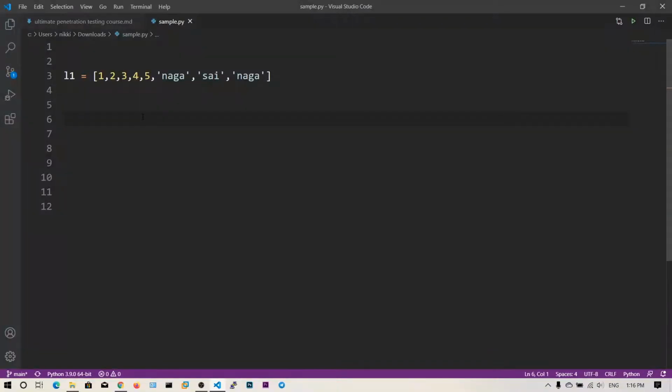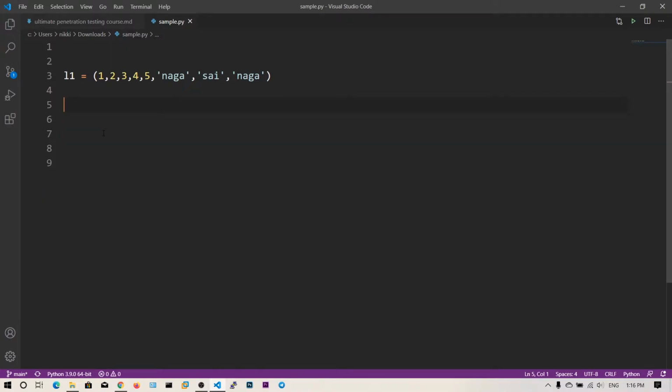Guys, in this video we are going to talk about tuples. These are exactly the same as a list, but once you define a tuple you cannot change the contents or the elements of this tuple. So this is like a read-only tuple, you cannot change the values of the tuple. So this is the list we have seen in the previous video. All you have to do is put the normal brackets, open and close brackets. So this is the tuple.